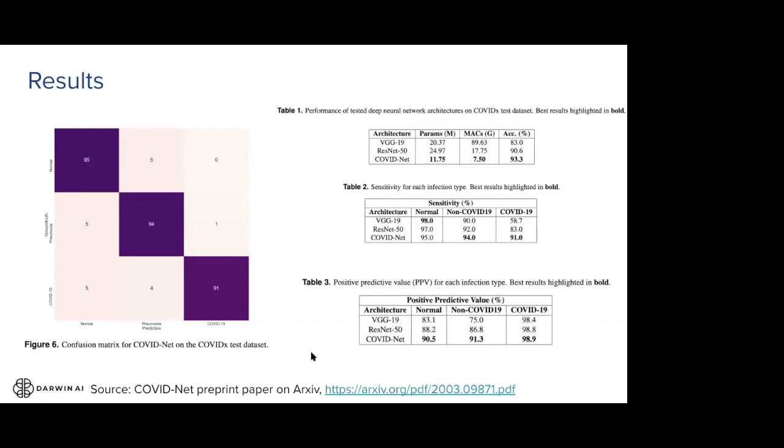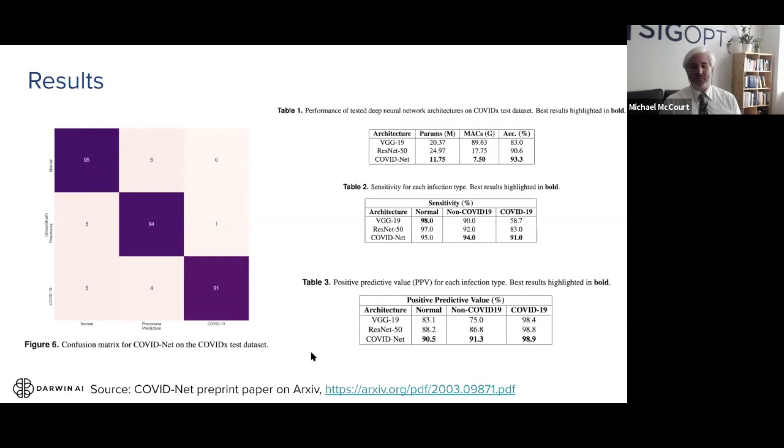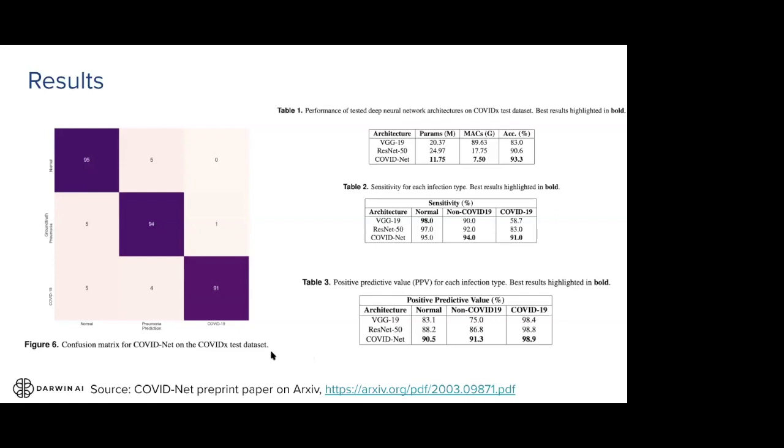What's more important from a clinical perspective is COVID-19 sensitivity as well as positive predictive value. Sensitivity: does it actually detect the COVID cases? And positive predictive value: for the ones they actually do say it's COVID, are they actually COVID? Fortunately for us, we're able to achieve a pretty high sensitivity, but more importantly, very high positive predictive value, so that it doesn't lead to too many false positives, which could add to the burden from a clinical